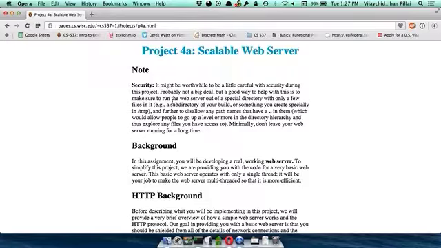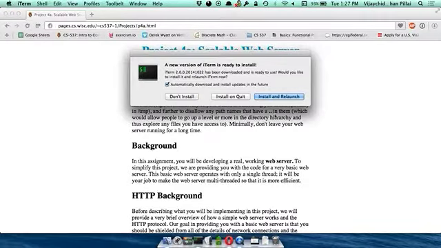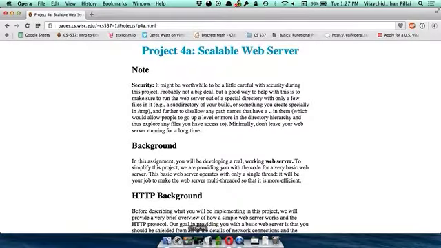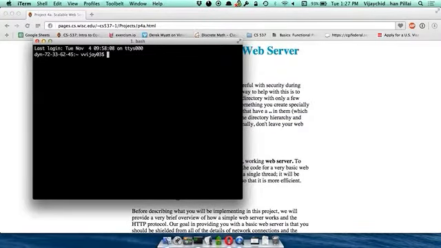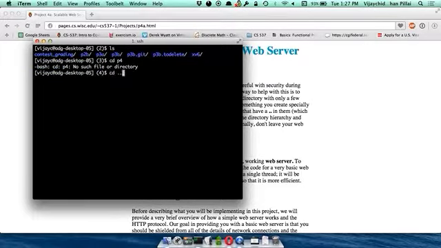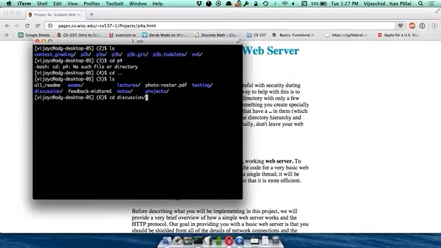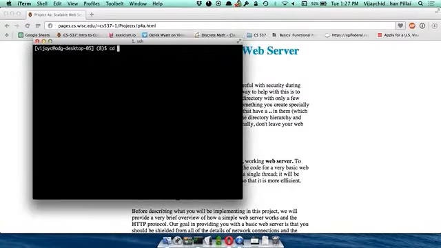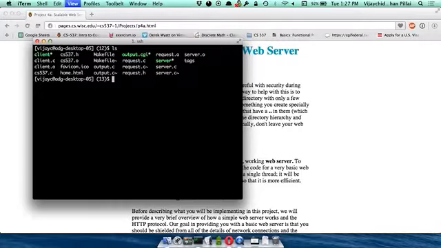So I will show you how an actual HTTP request works based on our simple server. Okay, so let's look at this.